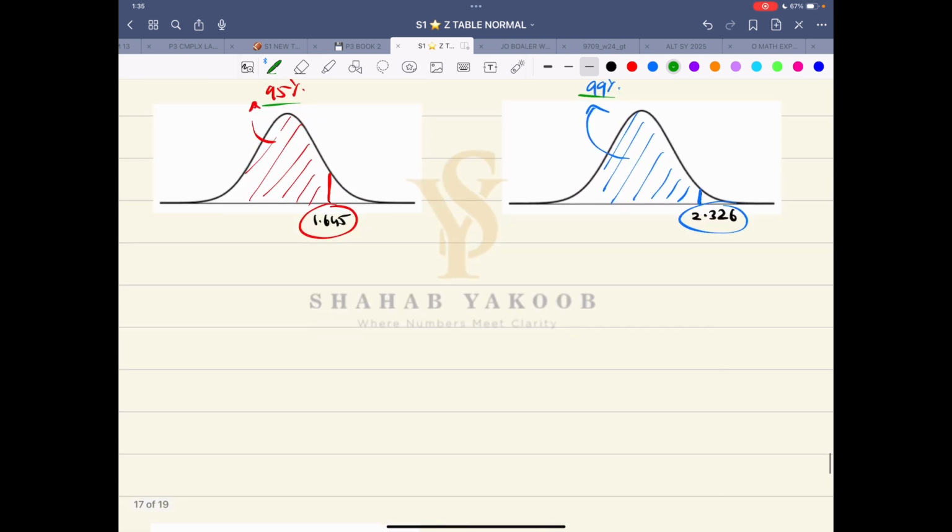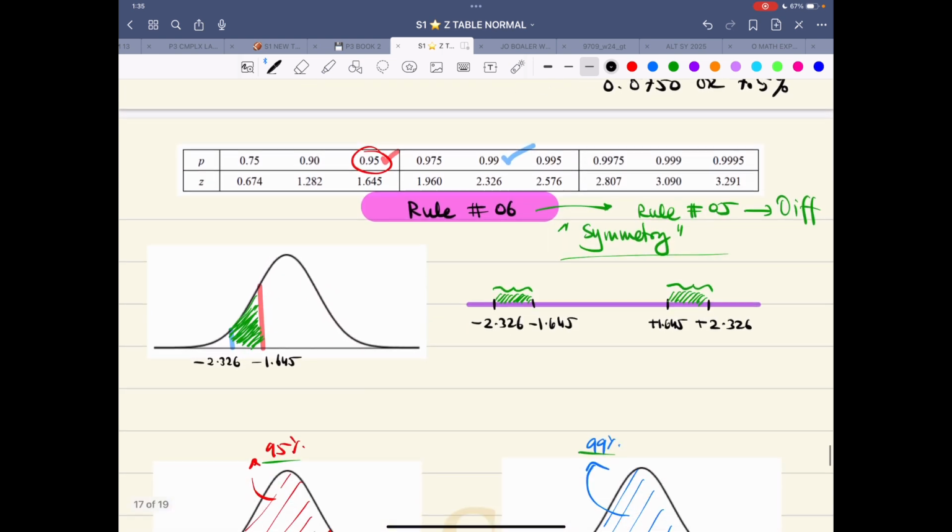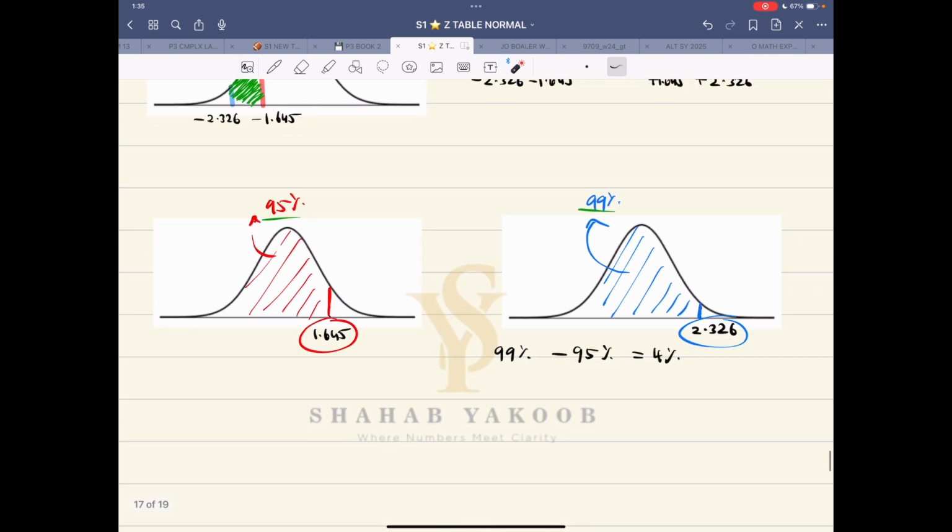So therefore, I'll write this answer, that is 99% minus 95%, which comes out to be 4%. Let me check my values. I took 1.645 and 0.95, 1.645 negative, 2.326, I took 2.326 negative, and this is 99%, all good, 99, 95,